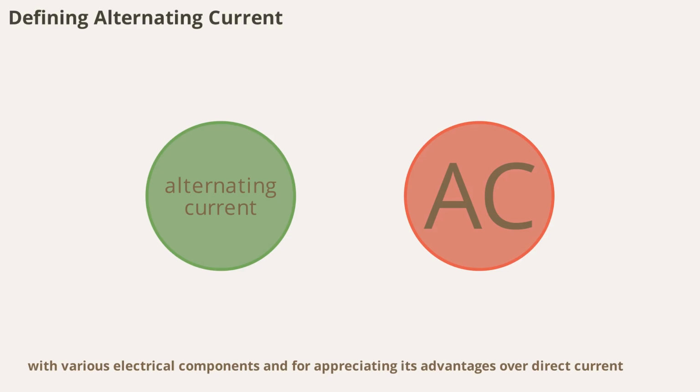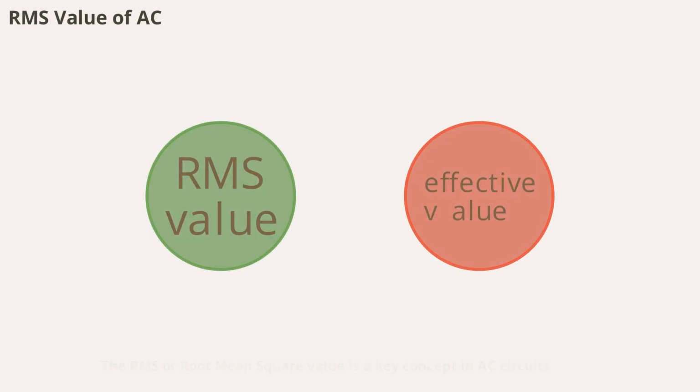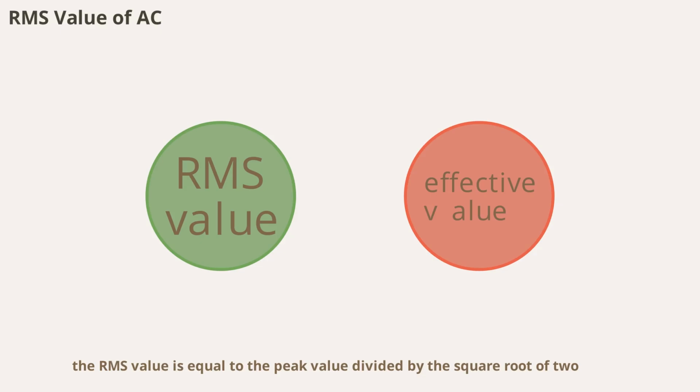advantages over direct current. RMS, or root mean square value, is a key concept in AC circuits. It represents the effective value of an alternating current or voltage, which produces the same heating effect as an equivalent direct current. The RMS value is particularly useful because it allows us to compare AC and DC circuits on the same basis. For a sinusoidal AC, the RMS value is equal to the peak value divided by the square root of 2. This value is what most voltmeters display when measuring household electricity, making it a practical and widely used